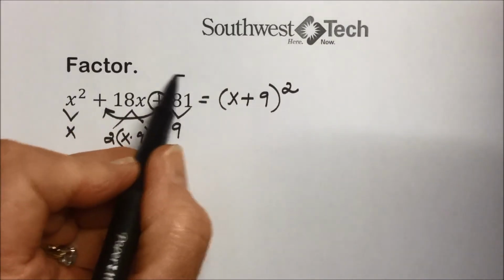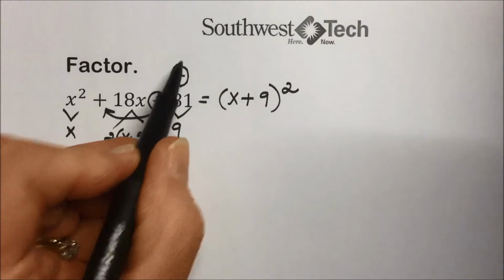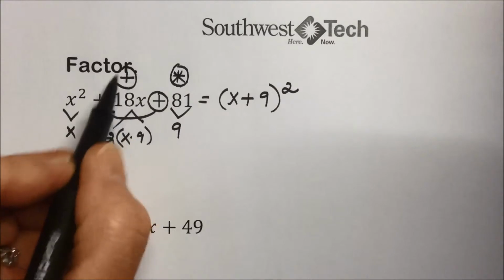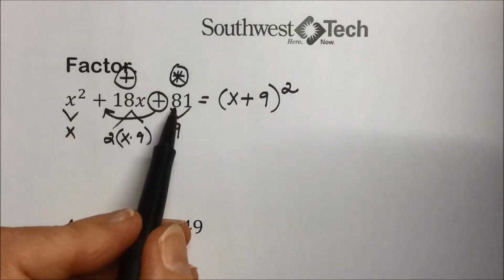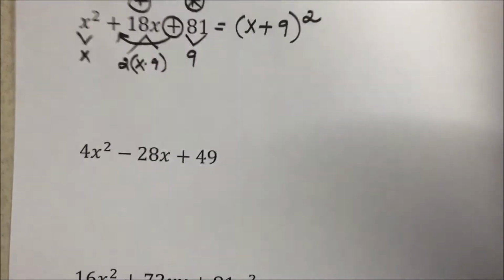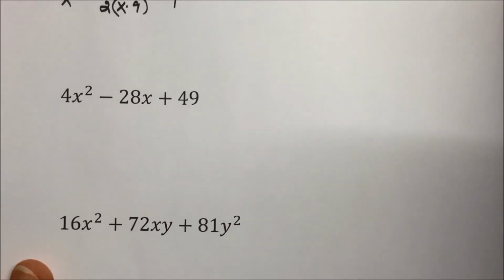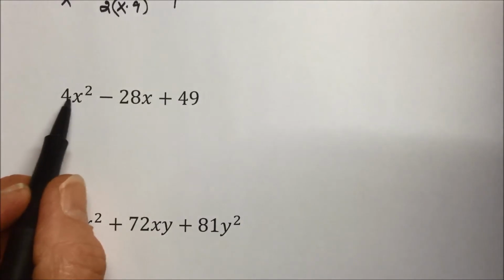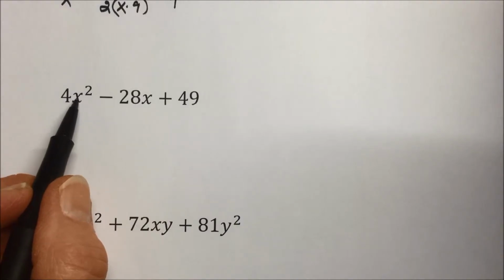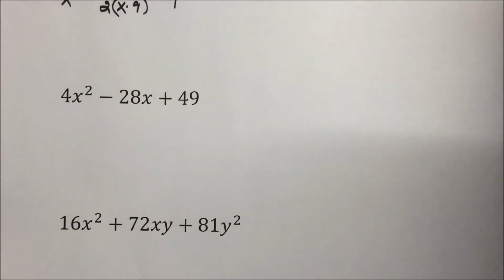Both are positive, so this will factor into x plus 9, the quantity squared. Now, we could have used the technique of what numbers multiply to give us 81 and add up to give us 18, and we would have eventually gotten to a 9 and 9 that do add up to be 18. But just as a faster way of factoring, a lot of people recognize squares, and let's try that technique here. When our leading coefficient is something other than 1, then we either have to use guess and check or factor by grouping, which can be quite involved. So a quick check to see if this is a perfect square trinomial is going to save a lot of time in the long run.